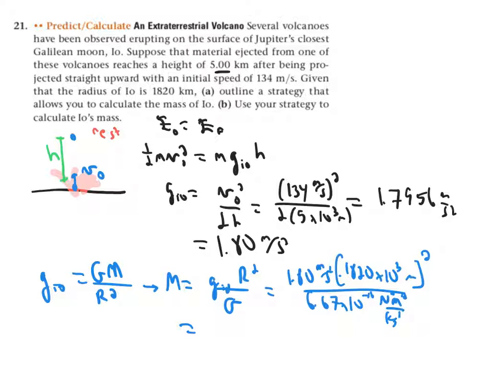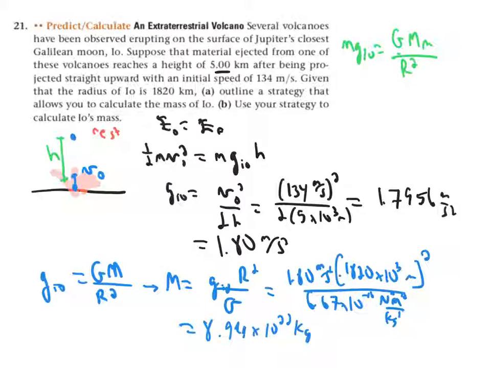Before the big reveal, remember that we got the idea that the surface gravity looks this way because we said that the mass times the g of Io should be the same as the force of gravity, which is big G times mass of Io times mass of the thing over the distance separating them, which is just the radius of Io. And so that's where that came from. And when all is said and done, we get 8.94 times 10 to the 22 kilograms, which is about right,